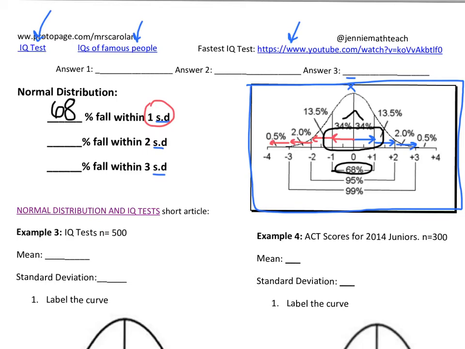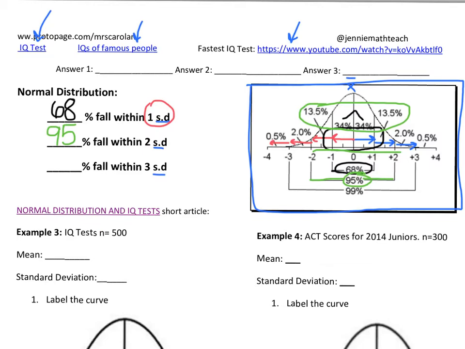Numbers that fall within 2 standard deviations would be from here all the way over to there. If we took the 13.5, those 34s, and that other 13.5 and added them all up, we would get a total of 95% of your data falling within 2 standard deviations. And then the last one is